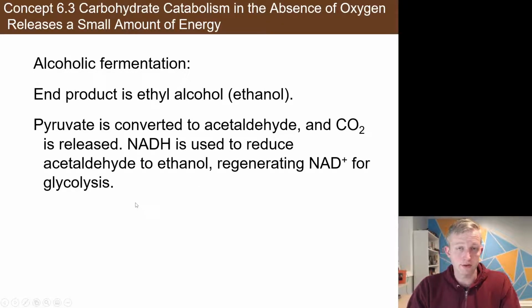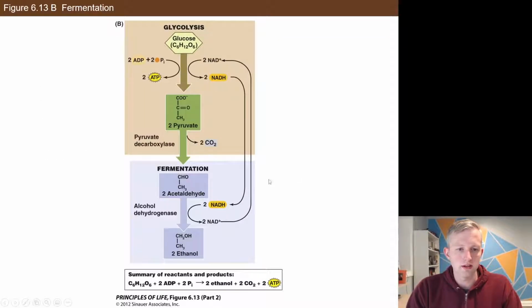Very similar, really identical to ultimately the goal of what lactic acid fermentation is in our muscle cells. And here you can see the same thing with some extra steps where that NADH is just used up and sort of wasted to produce the NAD again. But the net result is that each glucose molecule yields 2 ATP.